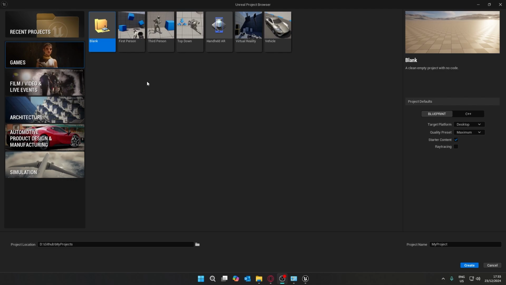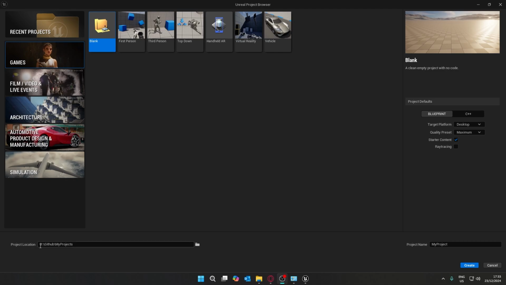We will open up the engine and click on the Games category in the project window. And while we could select the third-person template, I'm going to stick with the blank template because I want to show you how easy it is to import other content into the engine once you've already created a project. In that way, you will realize that it's very easy to do this and you don't have to work backwards and forwards or delete a project and start all over again just because you forgot to add a particular